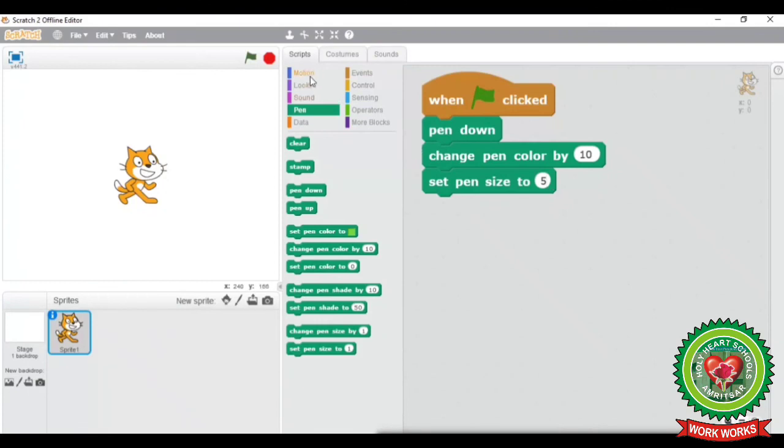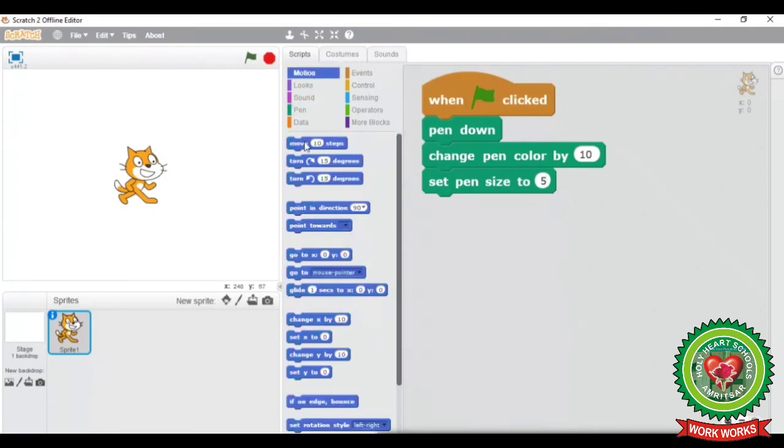Now next we want to move our sprite, so I will click on Motion block and I will take Move block. Now there I am going to write the steps 200. Now to draw the star shape we have to take the clockwise turn 144 degrees.